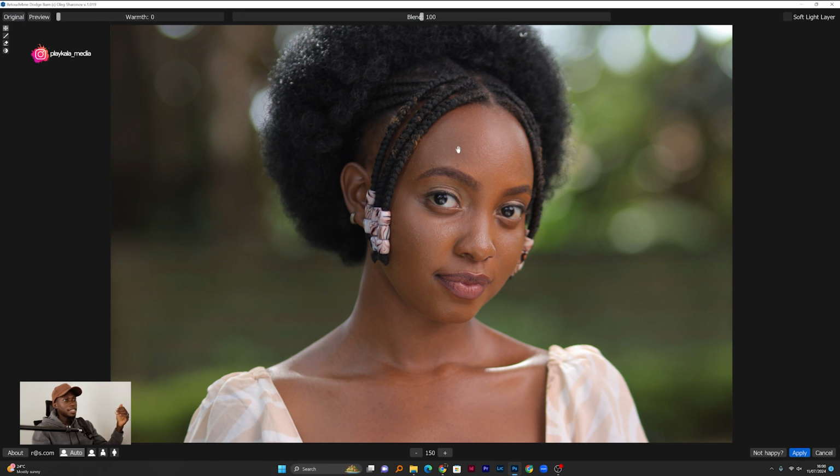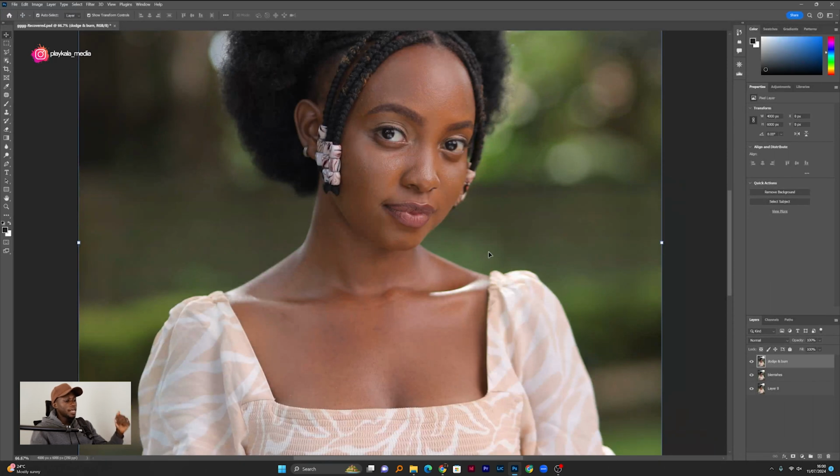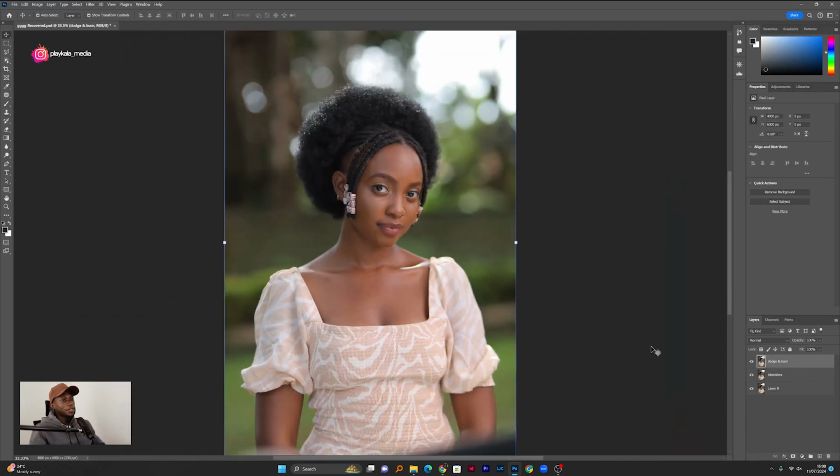You can see in this area here that this tool has actually done something amazing. Before, after, before, after. All right, so I'm going to click apply, and there we go. I'm again going to make a copy of this, Ctrl J on the keyboard. Now I'm going to name this